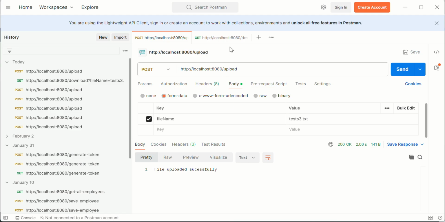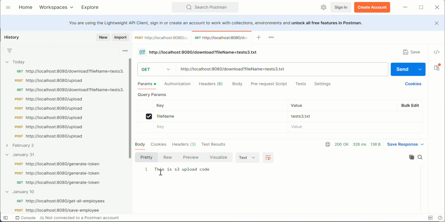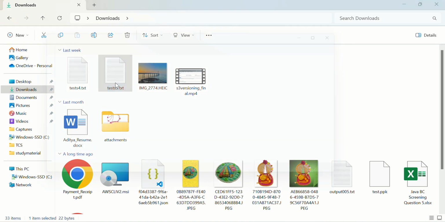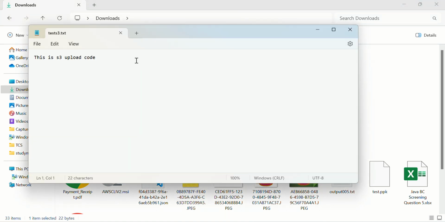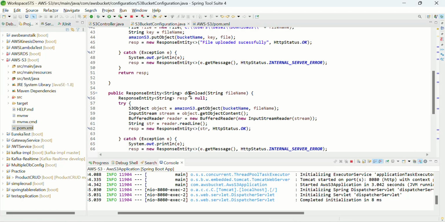And similarly, if I go to the downloads, this is my text file. This is S3 upload code. So this way you can use the AWS S3 SDKs to